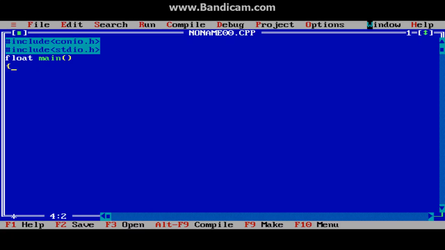Now our main function starts, and in the first line of the main function we always declare the variables which are to be used in the following program. Suppose I have to declare a variable to store an integer value, then we write the int keyword followed by the variable name. If I am writing n, it's a right variable name. If I write n dot something, then it is not